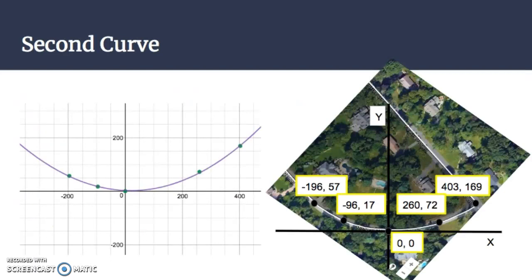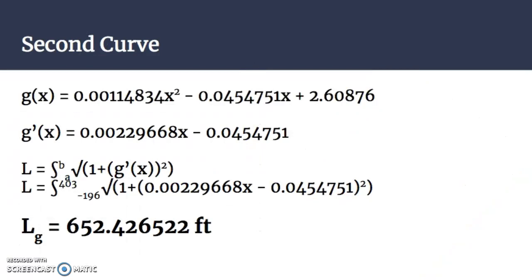The second curve I am looking at is the parabola on Ginger Lane. I set the origin to be the vertex of this parabola. I then found the 2 endpoints of the parabola along with 2 other points lying on the parabola. After plugging these into Desmos.com, I found the best fitting quadratic formula and curve, which you can see right here. The equation for this parabola is g of x equals